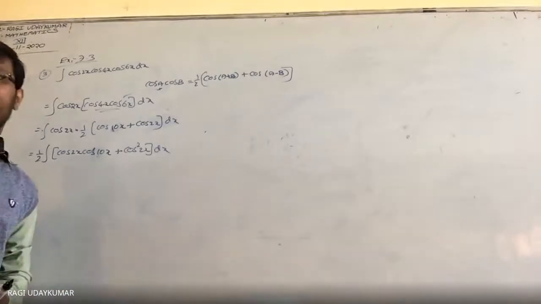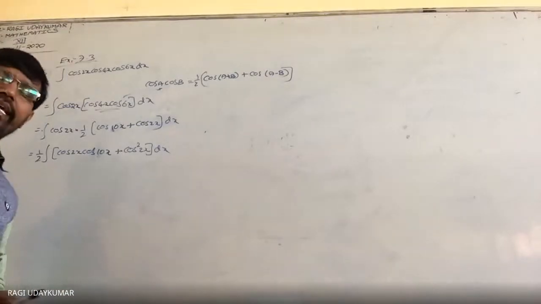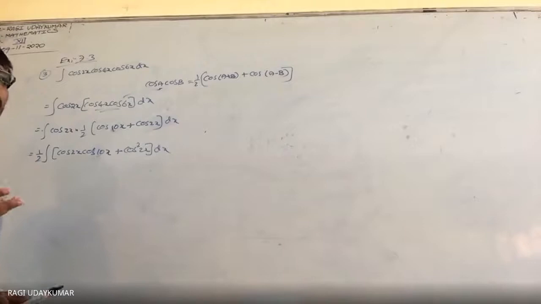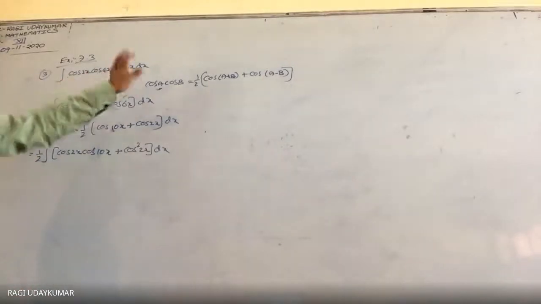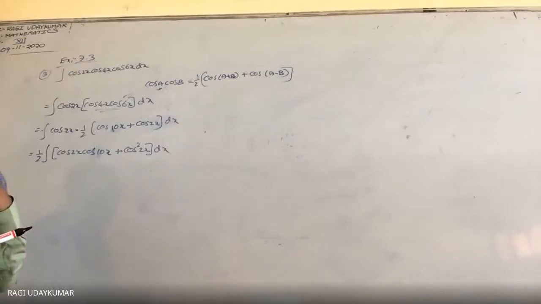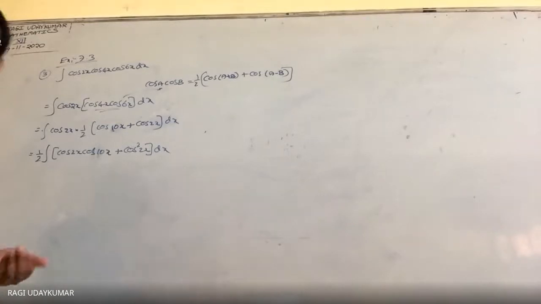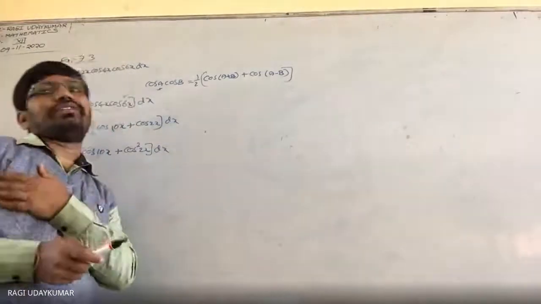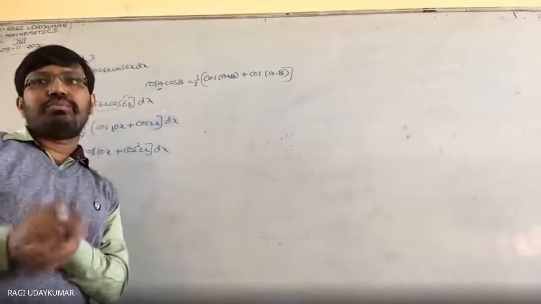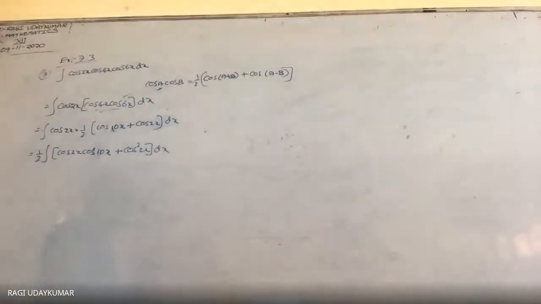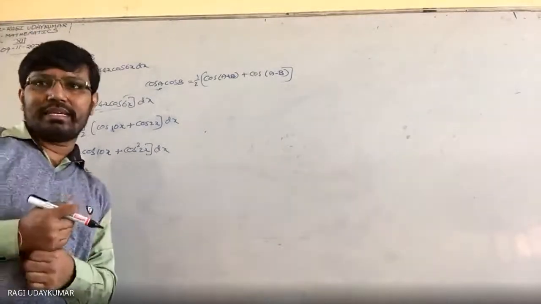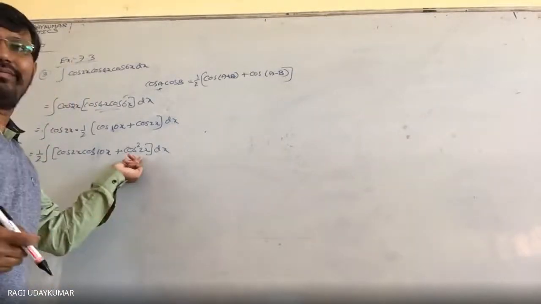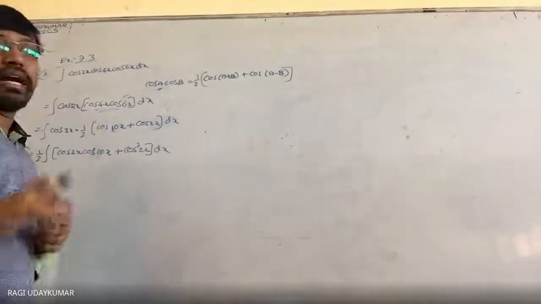Integration is very less here. But for integration, according to what is needed, we need to change, because we are not able to do the product like this. The product of three functions we are not able to integrate. So that's why we are using the identities, converting the product into a sum. And in that sum, squares should not be there. Here a square has come.